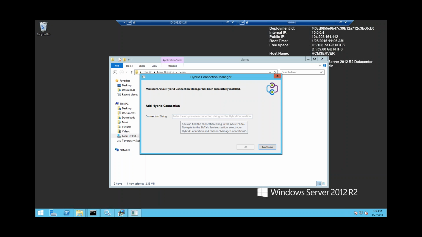And this is where we add the connection string. Now, I have already done this before. So if you are creating a new Hybrid Connection Manager setup, you basically need to copy the connection string, which I showed you in the Azure portal, and add it here.